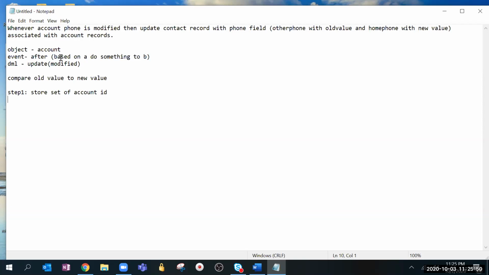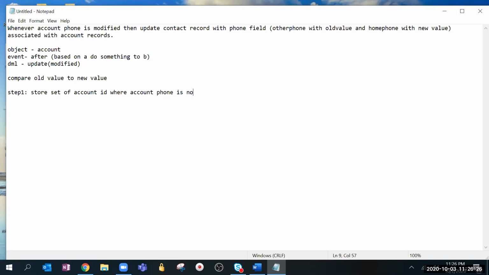So basically, why we are taking a set of account IDs. First, we'll put all the account IDs, like we are updating the phone number, right? If I'm updating anything on the account, then in a for loop we can see if there is something changed from the old values, then put those accounts in a set.